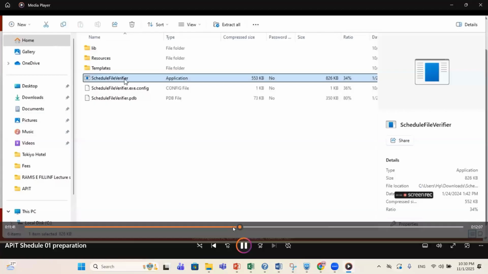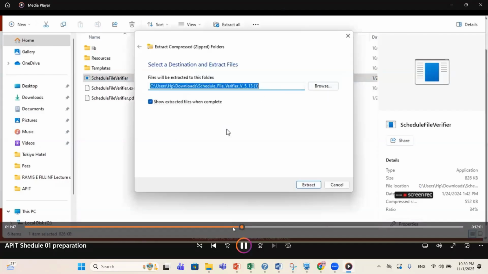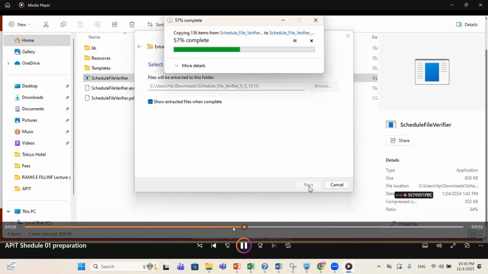Maybe individual income tax, maybe corporate income tax, maybe VAT, right? Maybe even WHT. What you have to do is prepare the CSV document, and then you have to name the CSV document according to the specification, and then you have to download the tool, and you have to verify the document via this tool.